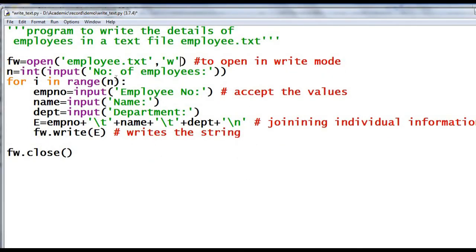Okay, our text file program. Here we can see the newline argument is not specified. Then when we execute this program, it will write the details of every employee on different lines, as we have seen. Then I will show you what will happen if you give newline equal to empty string here. Execute.